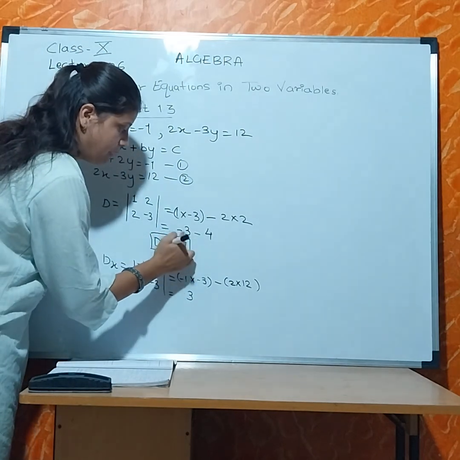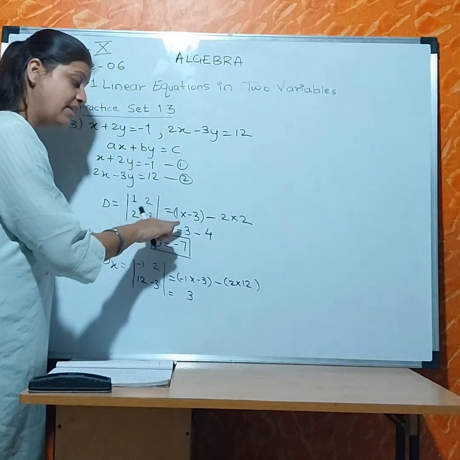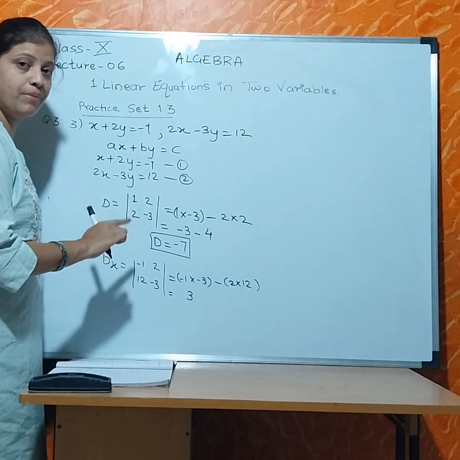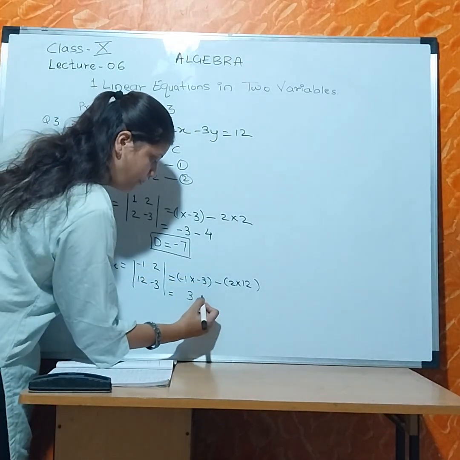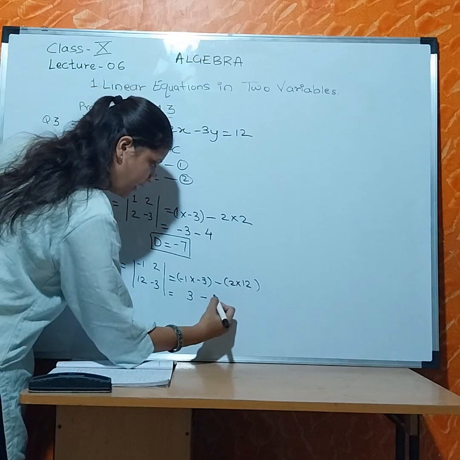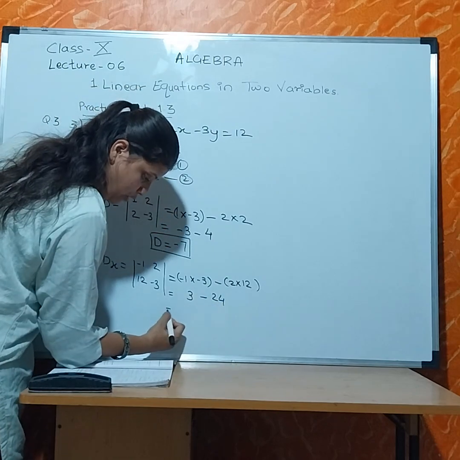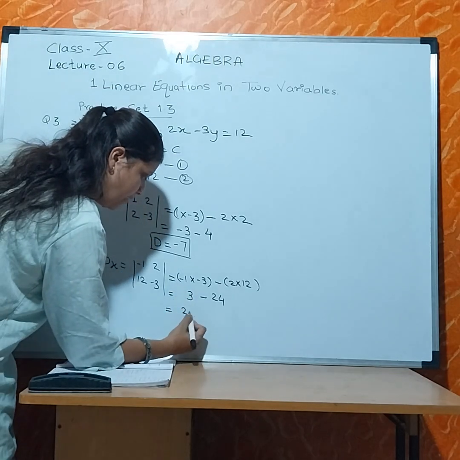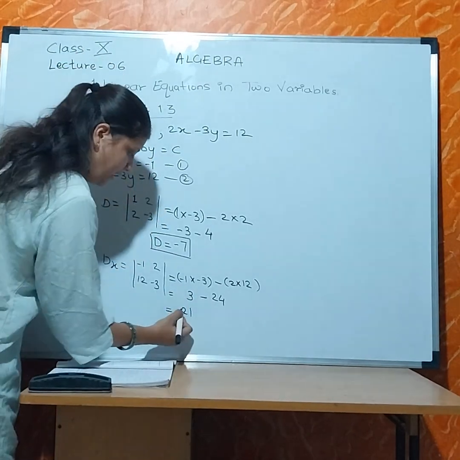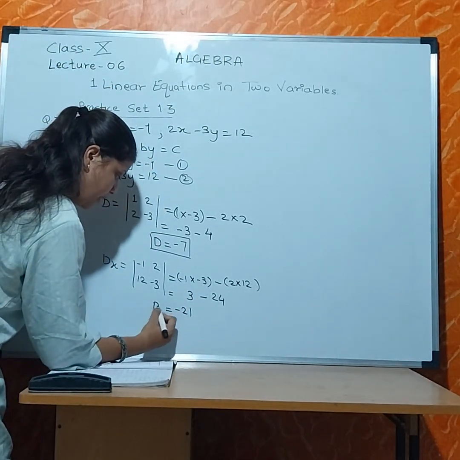So minus minus becomes plus. But the sign we have to give is of the larger number. But it is not similar in multiplication. Understood? So minus 2 into 12 is 24. So our answer is 24 minus 3, 21, and the bigger number's sign is minus. So dx is equal to